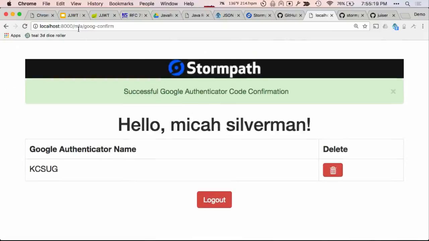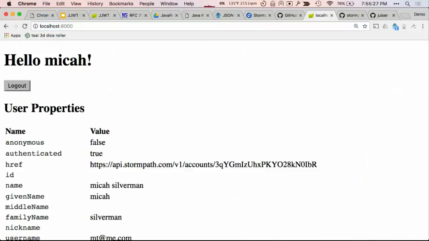Now again, this is an MFA route, so this is being handled by Zuul. If I go back to my default route, now this is forwarding to Juiser. One of the things to notice is, first of all, I didn't restart Juiser. I didn't change any Juiser config. One of the benefits here is this separation of concerns. Juiser's just doing its thing. It's going to get this X-forwarded user header and deal with it. How it gets there, Juiser doesn't care about. As long as it's present, it will deal with it. So once again, Juiser knows who I am.